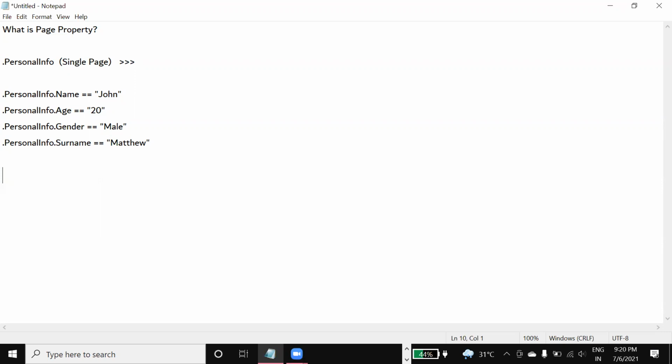Person info is a common page, so on it we store name, age, gender, mobile number, height, weight, everything. This single page property can store one record of data at a time. It cannot store list type data. If I want to capture multiple persons' data, I cannot do it. I can only capture a single person's data using a page property.